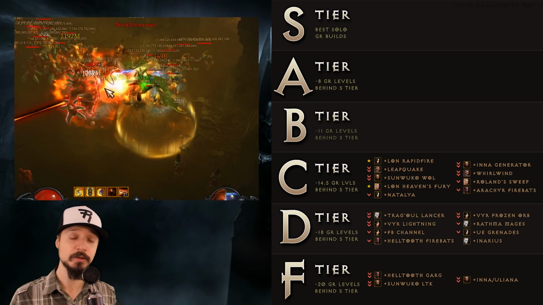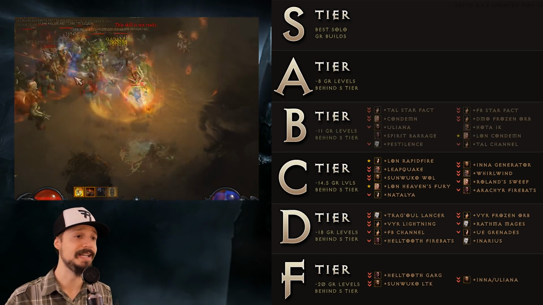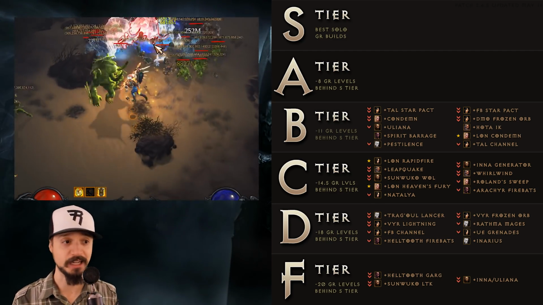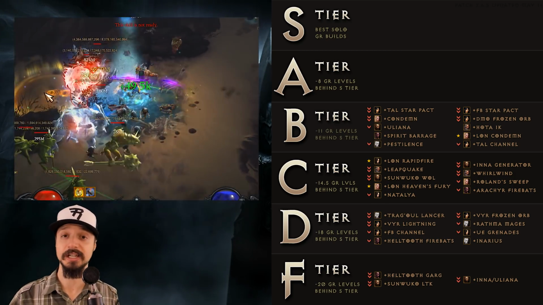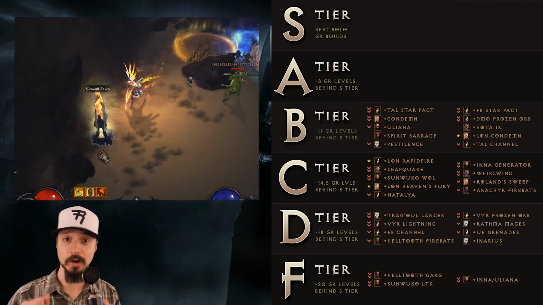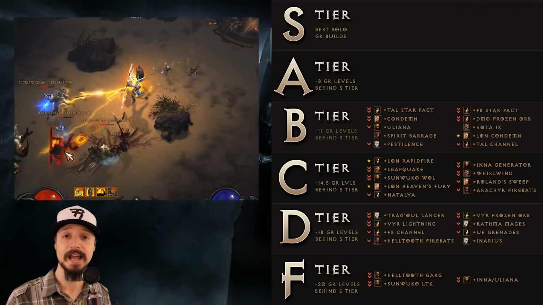Alright, onto the B tier, which will be about 11 GRs behind S tier. Here we find the Talrasha Fire Meteor build, the Talrasha Star Pact build, the Firebird Star Pact build, the classic Condemned Crusader, the Legacy of Nightmares Condemned Crusader, new to our list, the Pestilence Necromancer, the Uliana Monk, and the